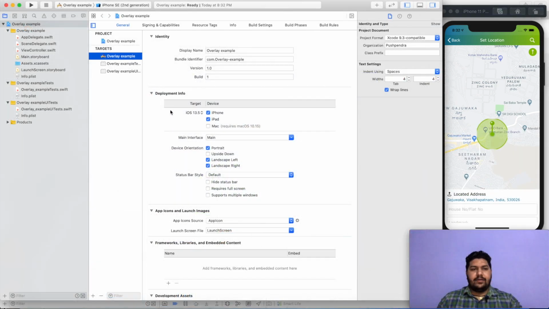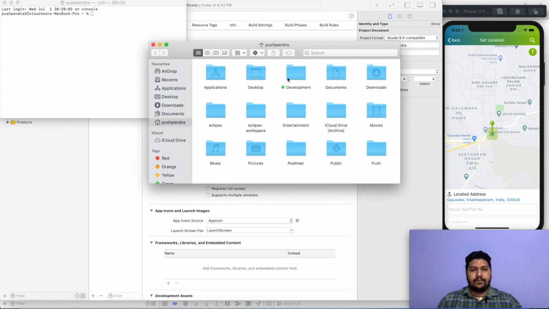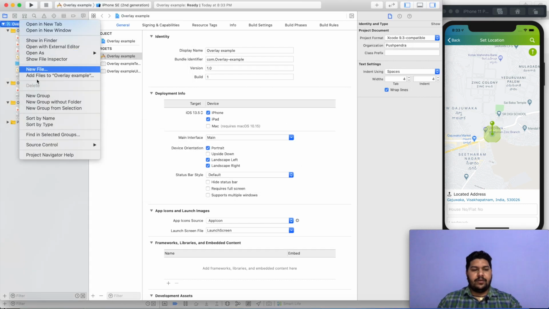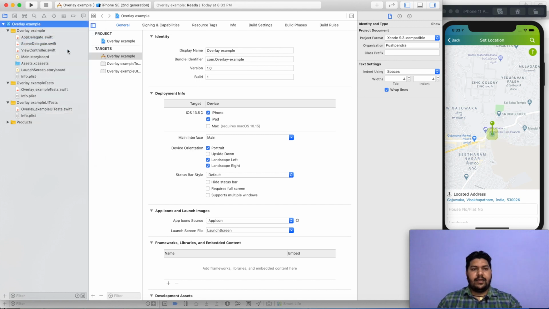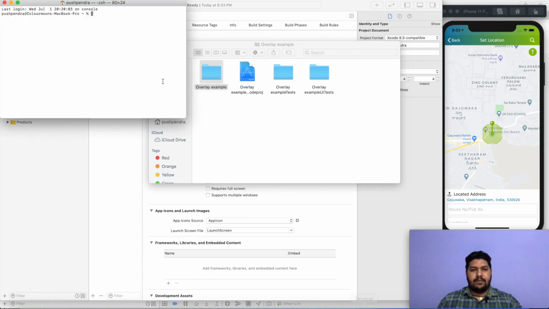Now your project is in front of you. I will install a pod library inside it. From here I'll go to the project location and copy it, and paste it into my terminal.